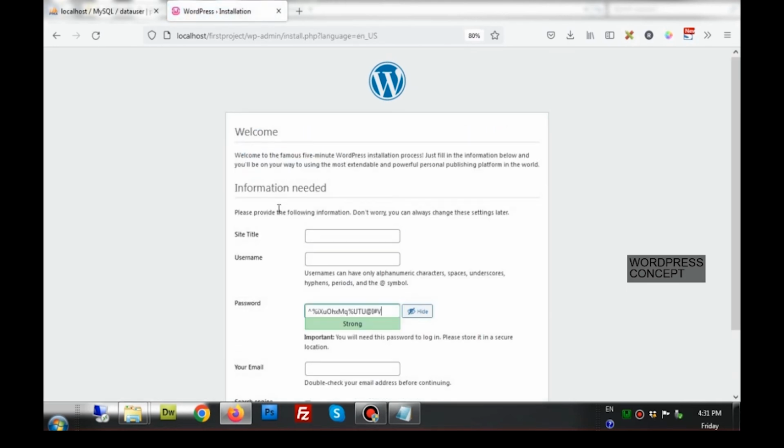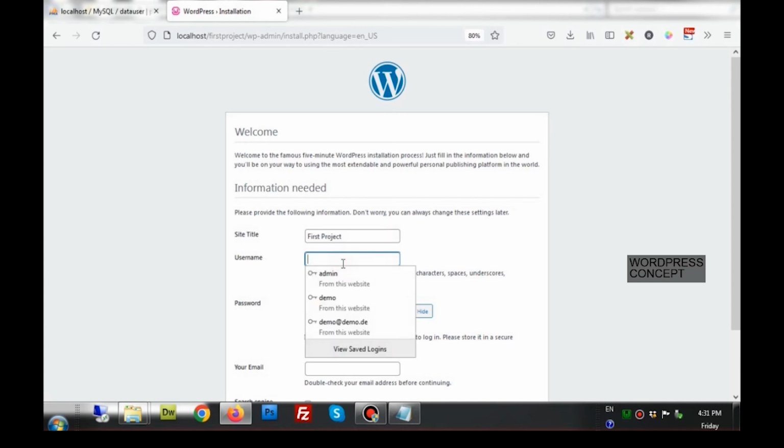Now it is asking me for the site title. So the title of the site will be first site or first project. This title will be given in place of the logo or in place of the title of the pages.